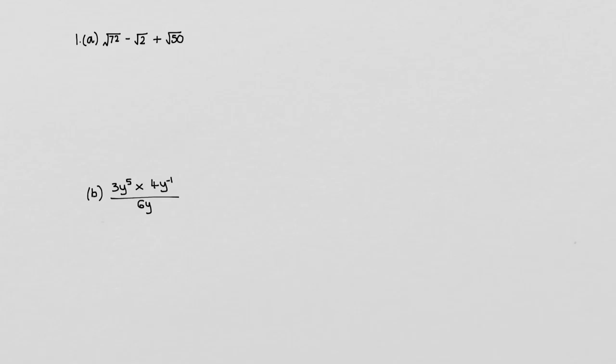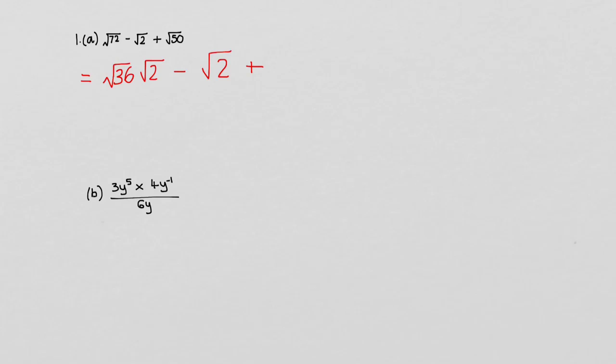Question 1A on the National 5 side starts with surds. So you want to think of a factor of 72 that is a square number. The first one I will help you with: root 72, we can write that as root 36 times root 2, because 36 times 2 is 72. Minus root 2, that's going to stay the same, we can't simplify that at all, plus